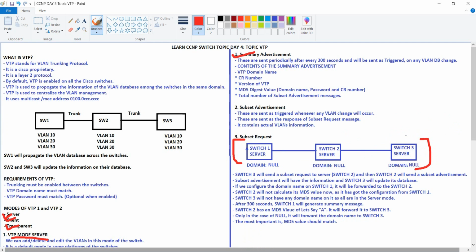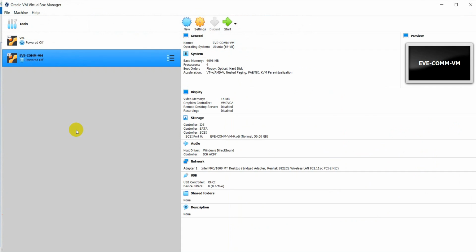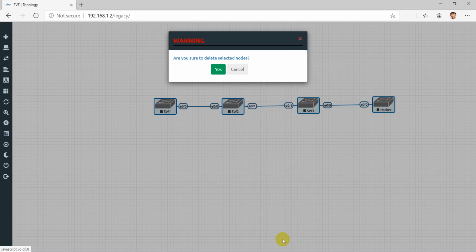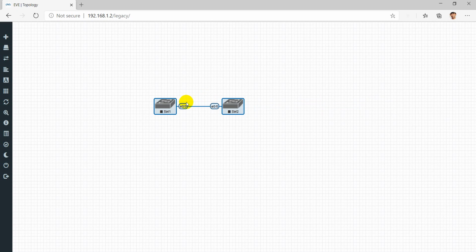So let me turn on my VM. It will take a bit of time. So friends, now we are on the lab. I'm having four switches here. So let me delete these switches and then I will add new switches.